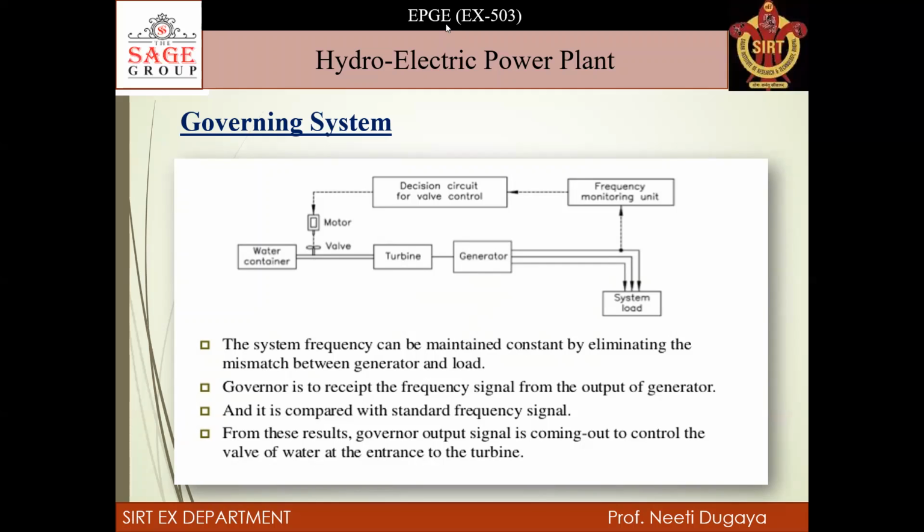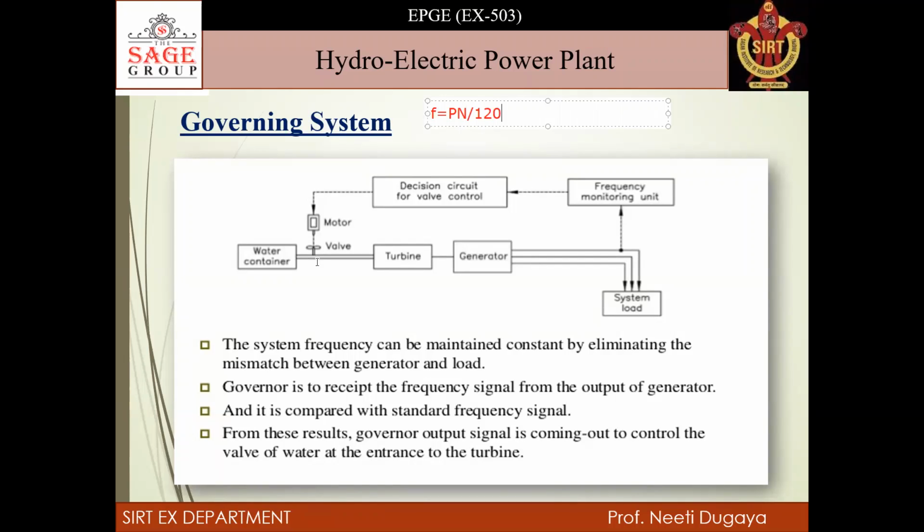We already know the formula. You might already have the formula. I am writing on it. We have frequency equals PN upon 120, right? The formula you have studied in machines also. Here F is frequency, P is number of poles of generator, and N is synchronous speed of generator. So frequency directly depends on the speed of generator, right? And number of poles. So number of poles are fixed, but this speed of turbine or speed of generator can be regulated through this valve, right?